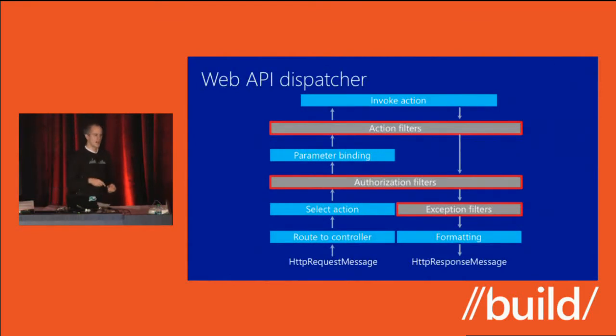Okay. I didn't talk about the gray boxes. What are those gray boxes? These are filters. I mentioned earlier that Web API gives you a way to deal with cross-cutting concerns. Things that ideally you'd rather not live right in your business logic. If you don't want to check that model state is valid right in your actions, I mean, that's something that has to be done in every action. Can I just pull that out in some way? Well, the answer is yes, absolutely you can. And the way you do that is using filters.